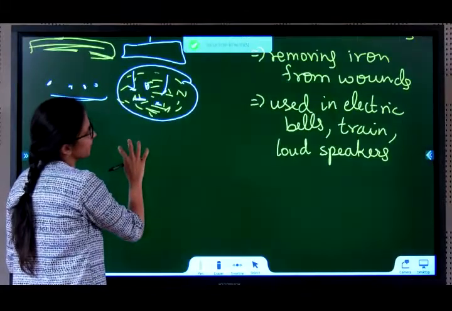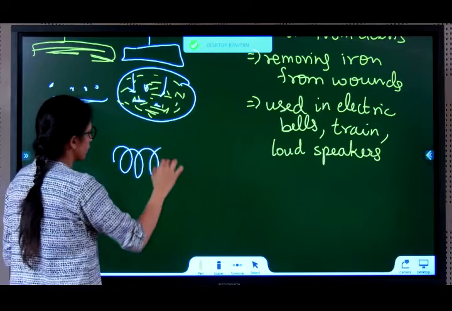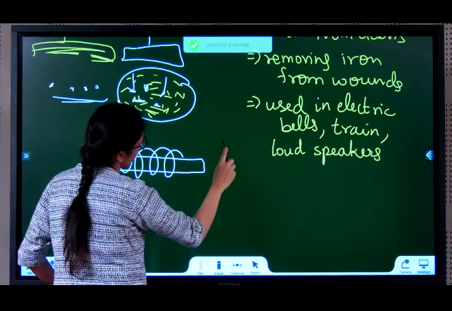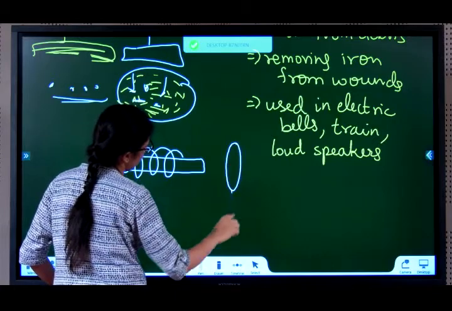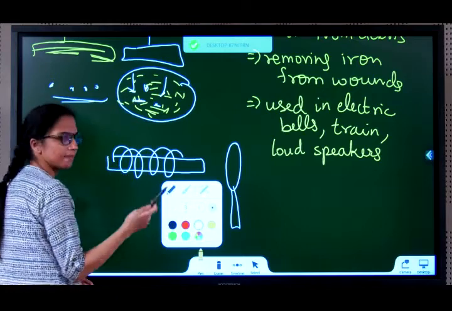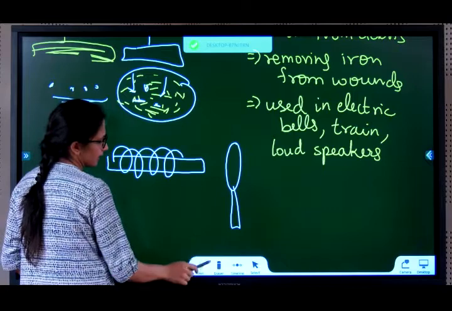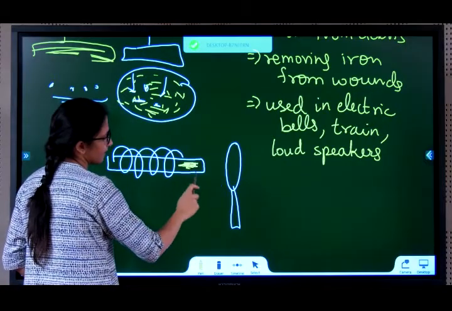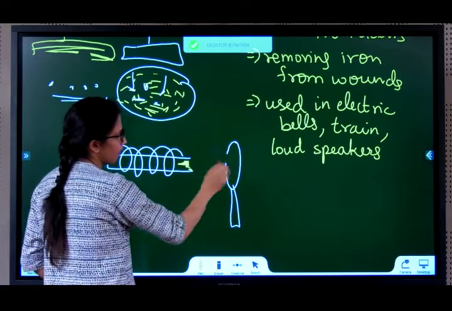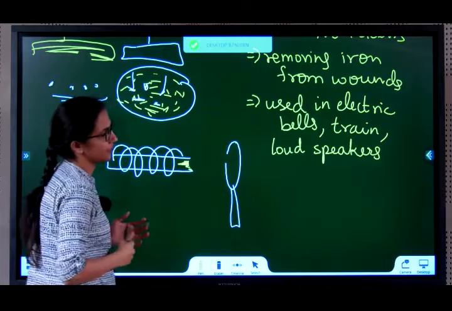How is it used in electric bells? So what happens in electric bells is, this is your electromagnet, right? We have an electromagnet here and we have a hammer here. It's like a thing that hits, and when you hit it, it makes noise. It's just a metal. If I switch on this current, what happens? This becomes magnetic. This is made of metal. Metal gets attracted to the magnet, it will hit. Once it hits, what happens? It will make a noise. That's how electric bells work.